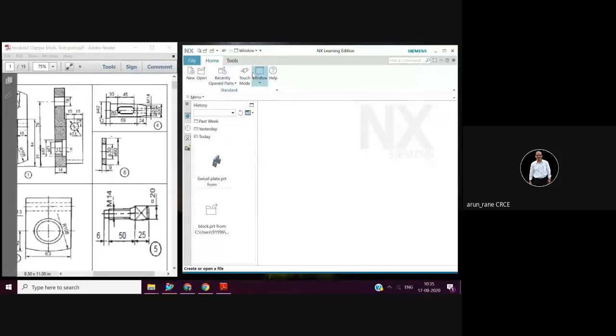Then touch mode, window, help are not required. Home, I'm just taking a tour of this. So in the Home option, you'll get various other options which will help you to draw the model.